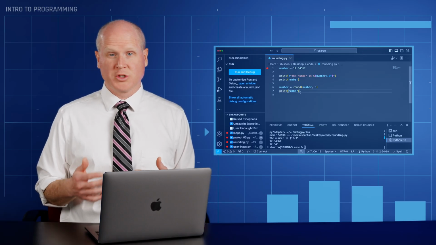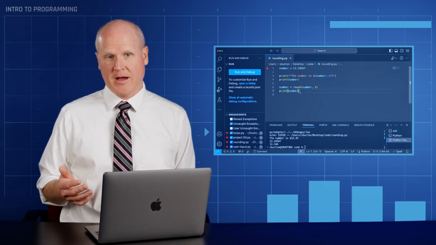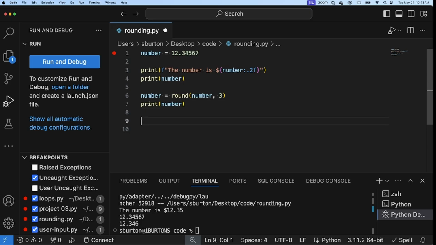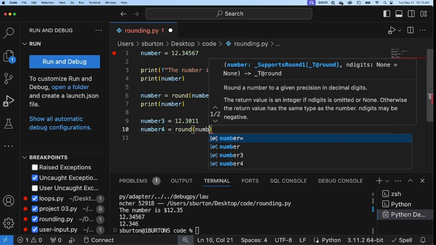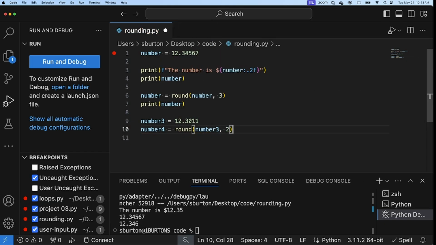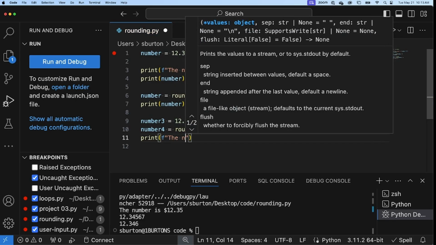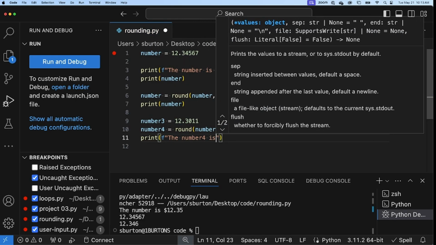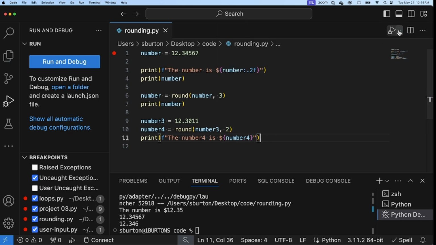But round won't show 2 decimal places if the number has a 0 in the second decimal place after it's rounded. For example, number 3 is 12.3011. And now I'm going to create another variable, number 4, and I'm going to round number 3 to 2 decimals, just like that. And now I'll go ahead and print this out. The number is, and I'll put number 4 here, is number 4 so that we can see this. And I'll put my $ sign there. And now when I run this,